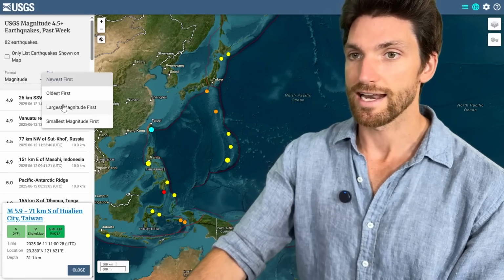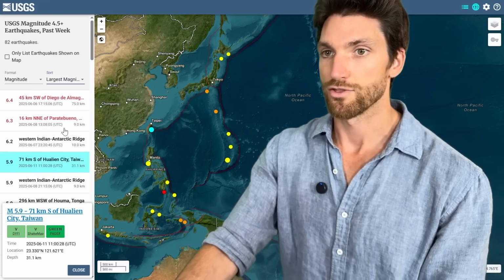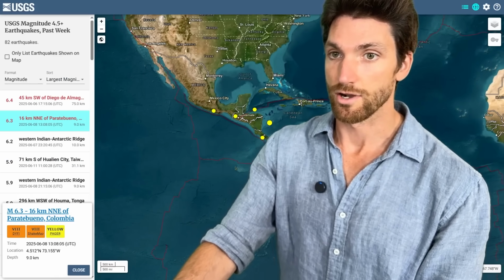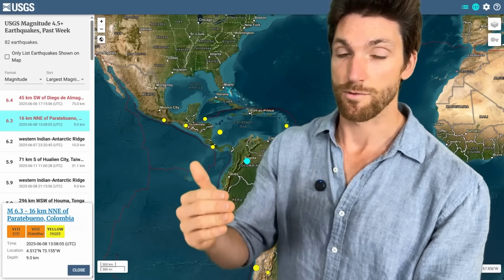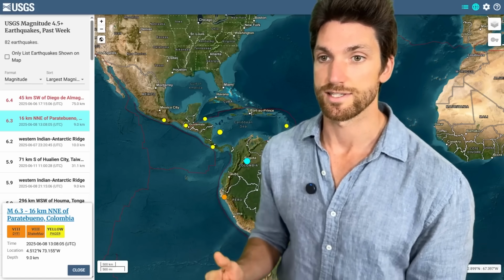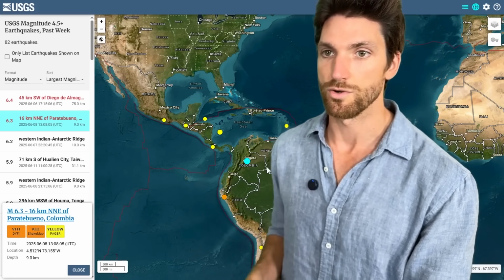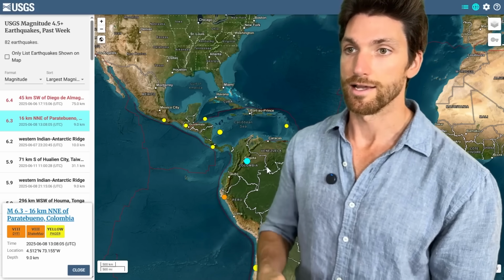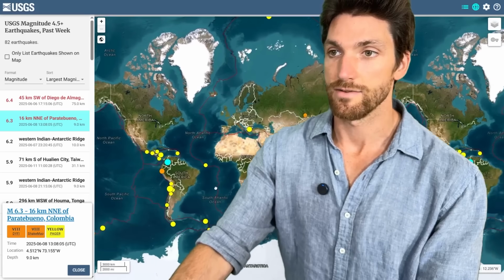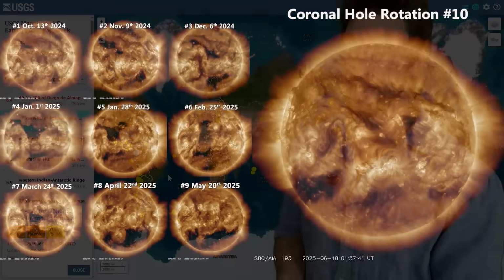But we haven't had any magnitude 6 earthquakes since that 6.3 in Colombia. So it's just been magnitude 5s, that 5.9 for Taiwan being the strongest. No magnitude 6s yet. It's only been a few days now. I mean, this is the 8th of June, and now it's the 12th. So not even a week. But in general, the earthquake activity hasn't been exceptional with high magnitude 6s or 7s,